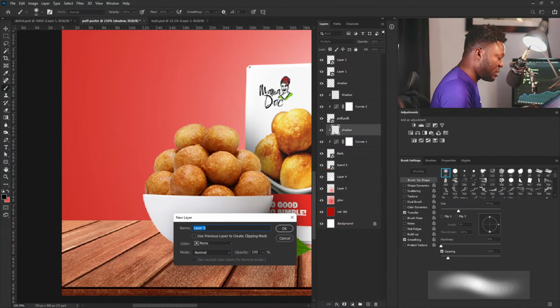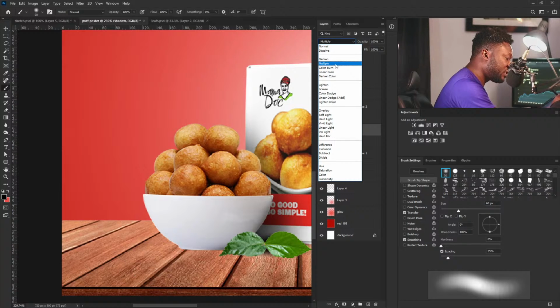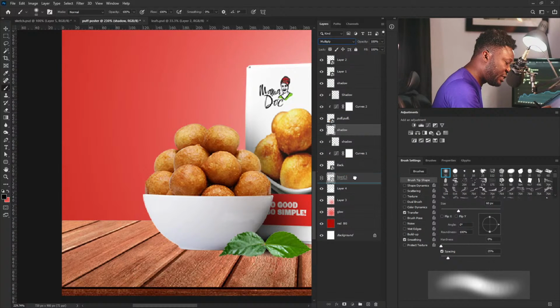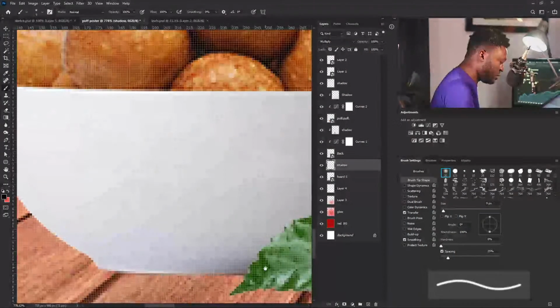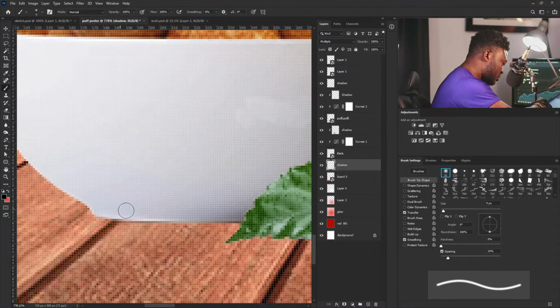So yeah, the shadow under the pop-up here, I'm going to select Alt and hit the new layer icon and call this shadow again. Okay, and I'm going to select the OK button now. Make sure this is set to multiply. All right, so I'm going to reduce my brush size, and then zoom in, and then just draw